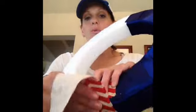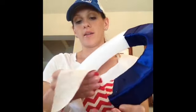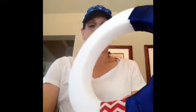Okay, so you really, really want to pull as tightly as you can against this foam wreath. Especially if you're using a ribbon like this that's kind of like a canvas fabric, because you don't want it to get too clumpy. So you definitely want to pull. And as you can see, I'm making sure that I'm covering and there aren't any parts of the foam peeking out,